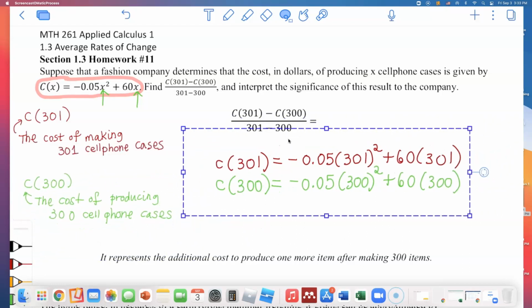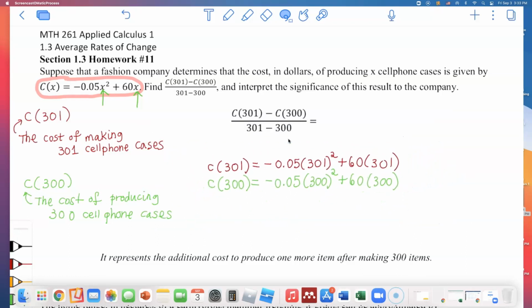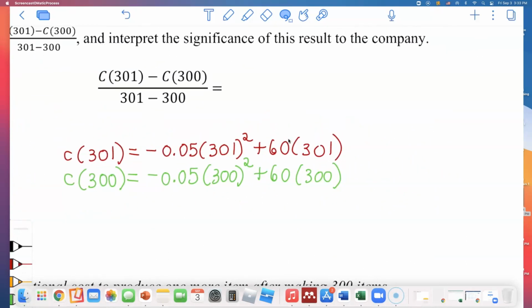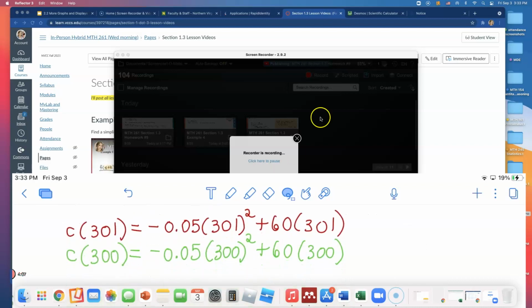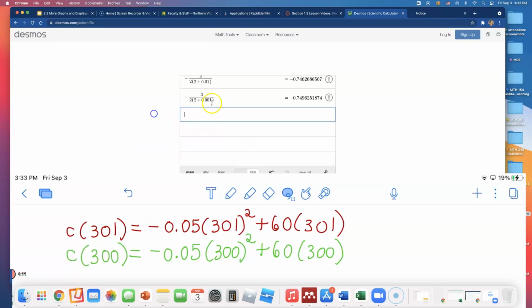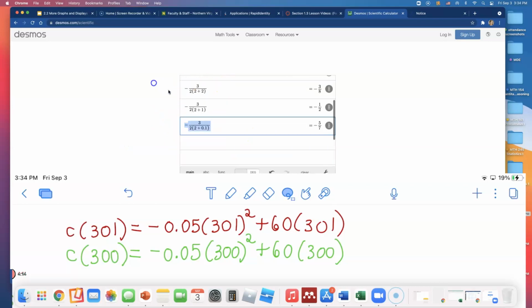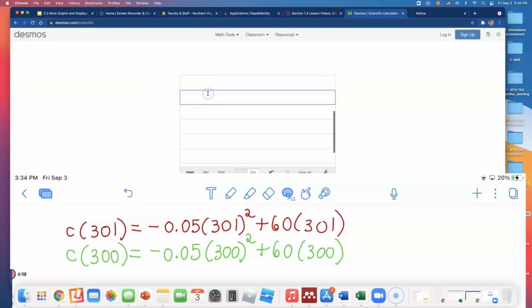What are they going to be? Because these are the values that we need to subtract on top of the fraction. So let's go get that calculator open. Let's just scroll down. Okay, here we go. Negative 0.05 times 301 squared